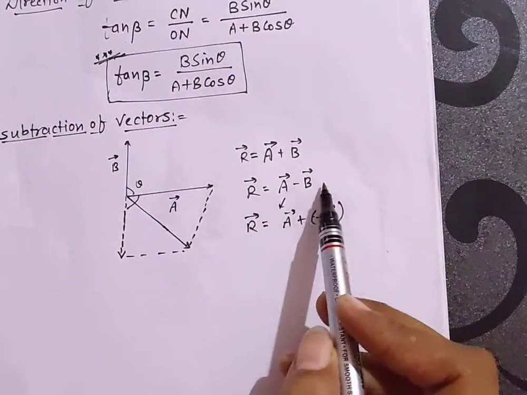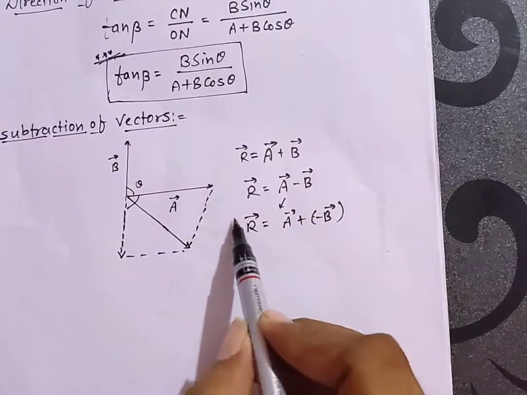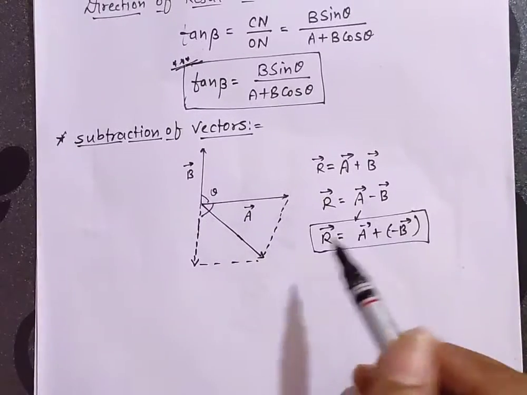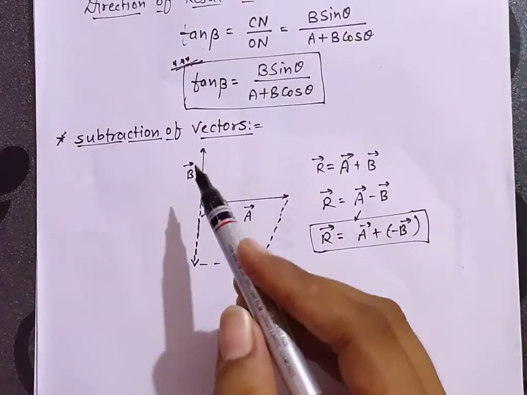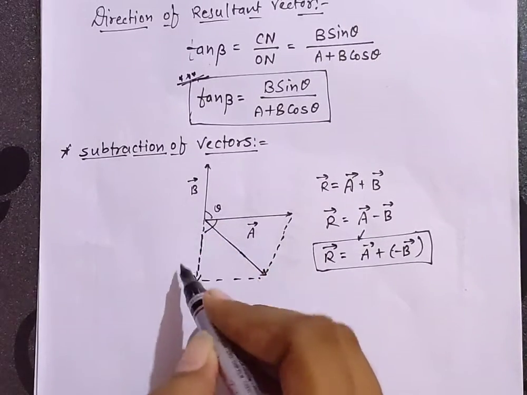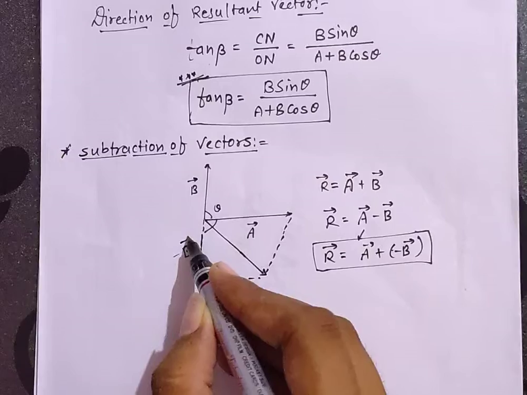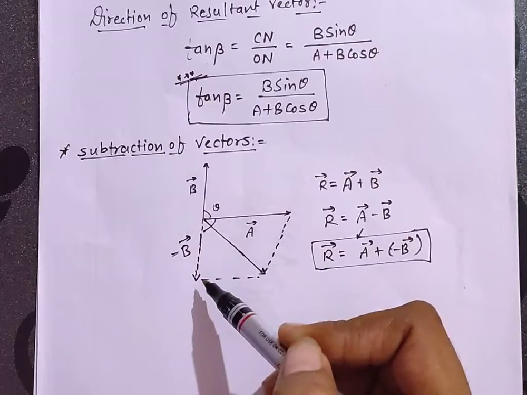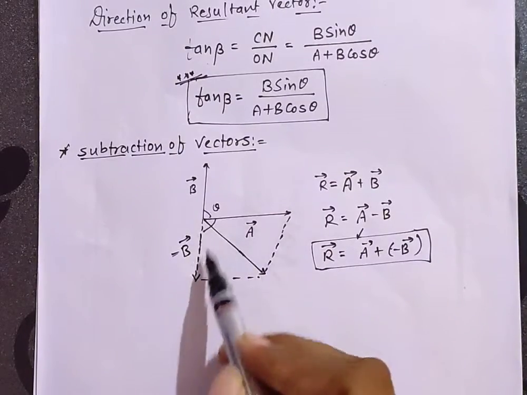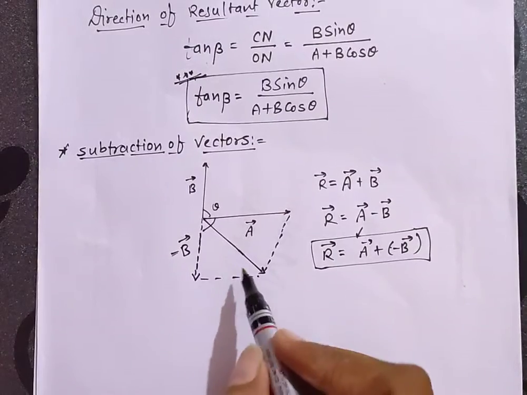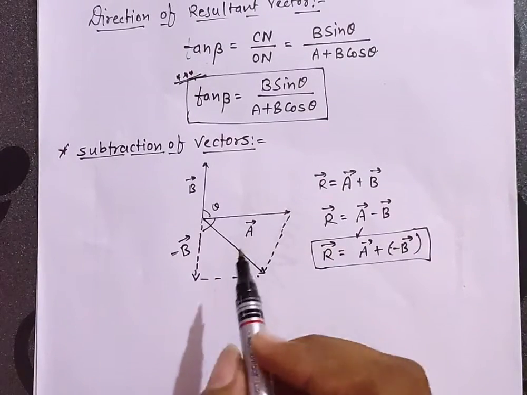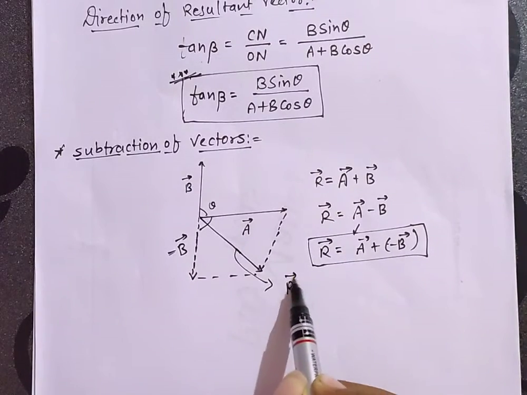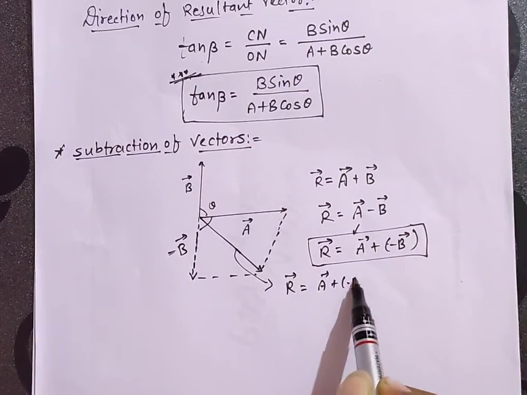तो R is equal to A minus B, वेक्टर A माइनस वेक्टर B को अपन इस तरीके से लिख सकते हैं, वेक्टर R रिजल्टेंट इज इक्वल टू वेक्टर A प्लस माइनस ऑफ वेक्टर B. सो वेक्टर B के आगे माइनस लग गया तो इसका डायरेक्शन अपन ने क्या कर दिया, चेंज कर दिया. दिस इज वेक्टर B. सो दिस रिप्रेजेंट्स द माइनस ऑफ वेक्टर B. कि अगर ये वेक्टर B को रिप्रेजेंट कर रहा है तो ये उसका इक्वल मैग्नीट्यूड में अपोजिट डायरेक्शन में माइनस ऑफ वेक्टर B को रिप्रेजेंट करेगा. तो दिस A, दिस इज B, this diagonal represents the subtraction of the vector. So this diagonal represents R is equal to A plus minus of B.